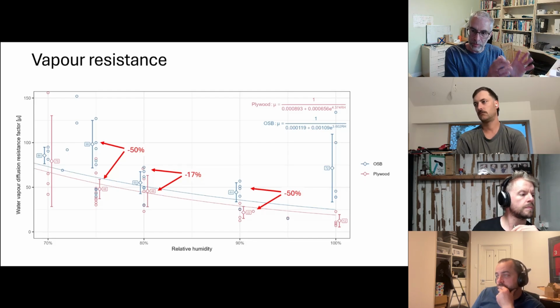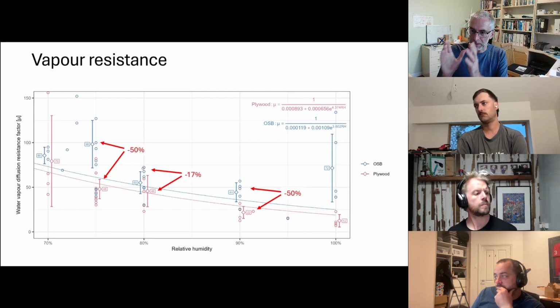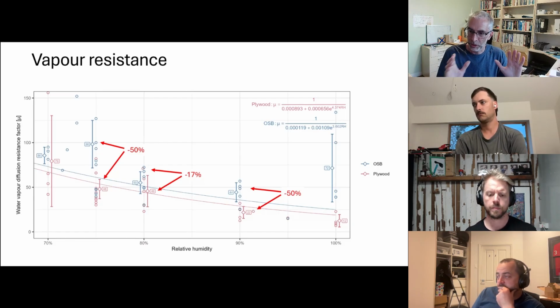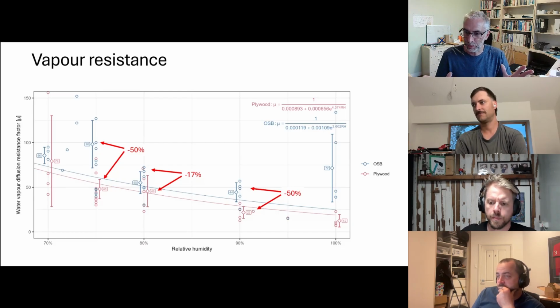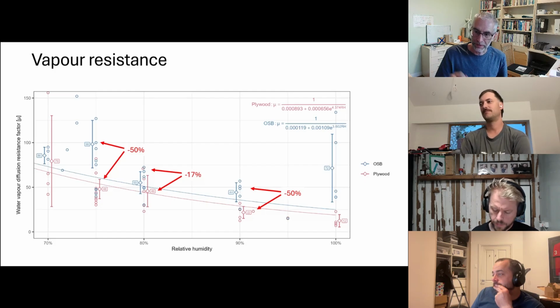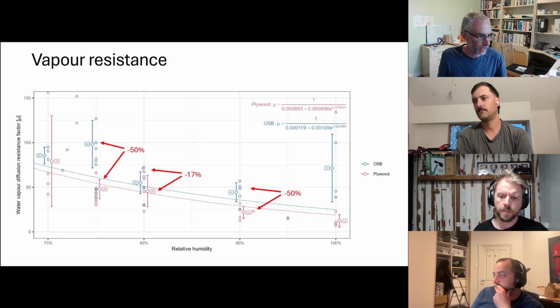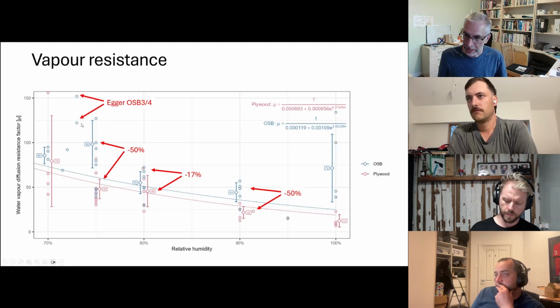So if you give me a sample of OSB and a sample of ply and you don't tell me anything about the product and ask me to guess which one of these two is more vapor permeable, I'm pointing at the ply and saying that one, just because we have to work with what we have, which is often a paucity of data. And then just out of interest, that Egger product is up here, so relatively high vapor resistance at these high